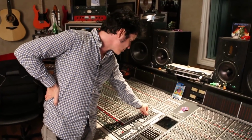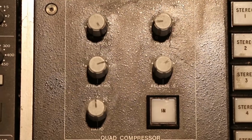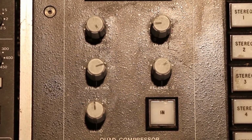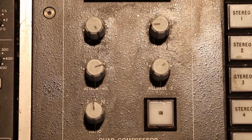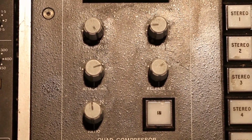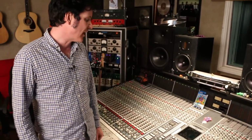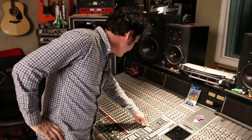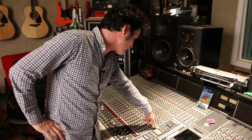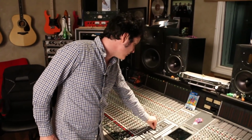So my threshold is set maximum, so I'm barely hitting it, but I'm still getting that gain reduction. And then I'm making up the gain there. We're set to auto release and we're set to full right attack, 4:1 ratio. It's basically the medium kind of setting. For every 4 dB that goes over 0, 1 goes through. So it's the medium setting. 10 isn't really the limit, but